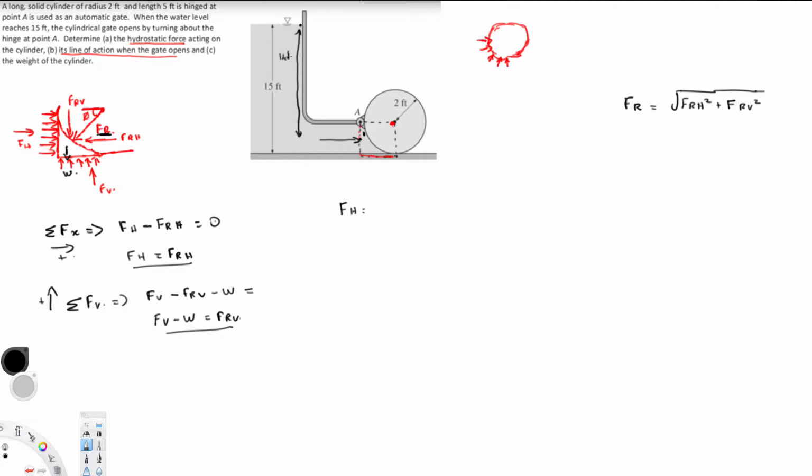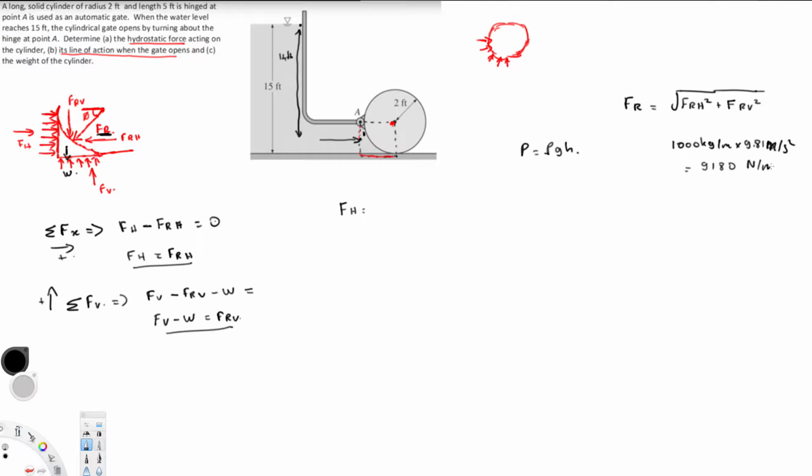So 14 feet. That's the height we are going to take to calculate the pressure acting on the centroid. Pressure can be defined as rho g h. Rho is the water density, 1000 kilogram per meter cube, times 9.81, acceleration due to gravity, meter per second square. If I calculate this value, this gives us 9180